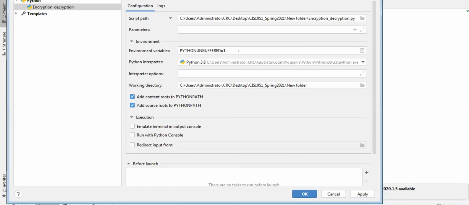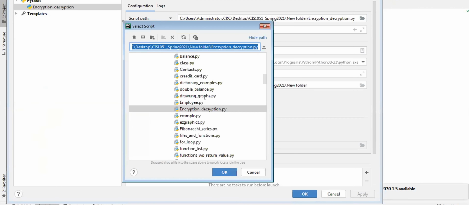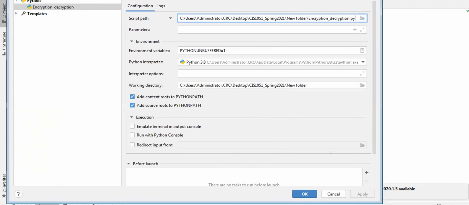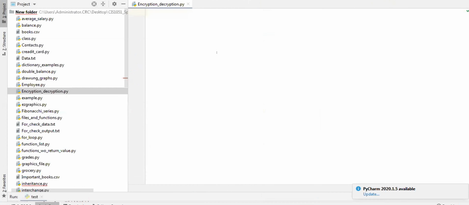Let me edit the configuration. Okay, so suppose I want to send a message that looks like this: Today is Thursday. Learning Python programming.